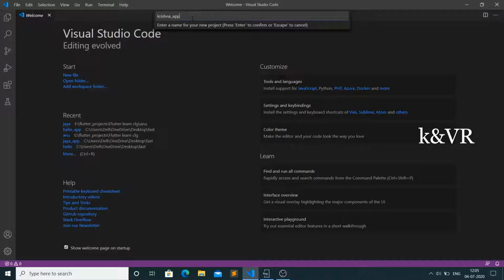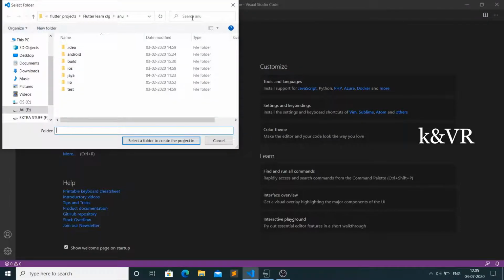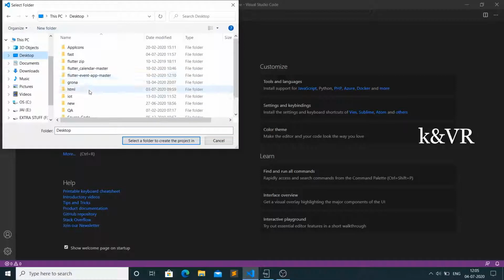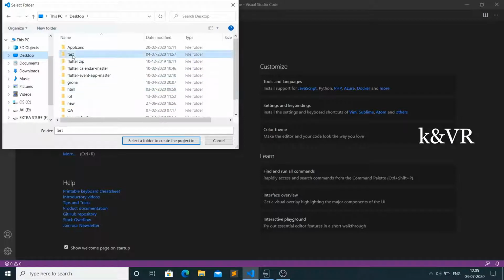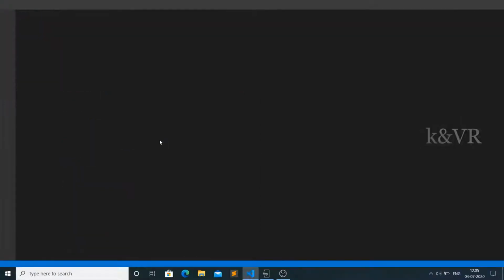Then save it wherever you like. Create one folder. I created one first, and I am selecting that folder to create my project in it.